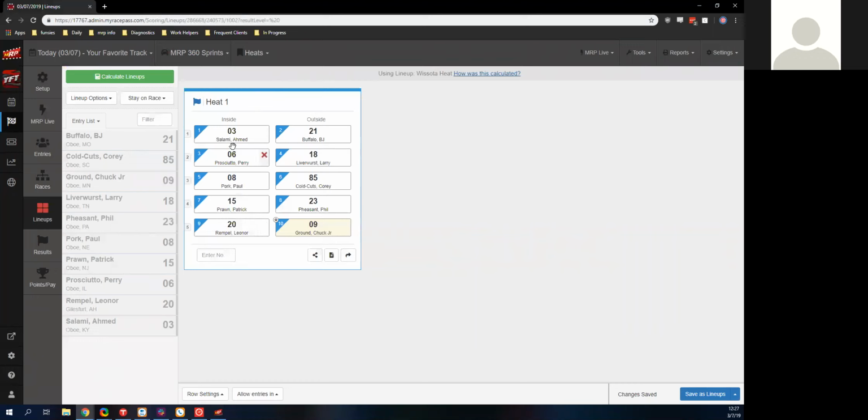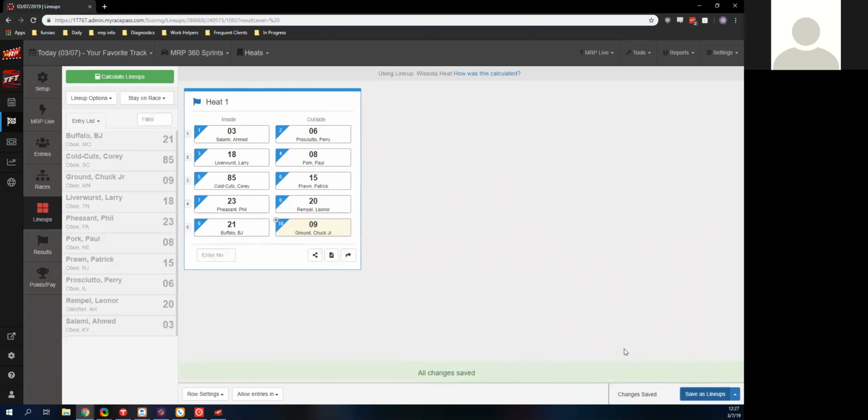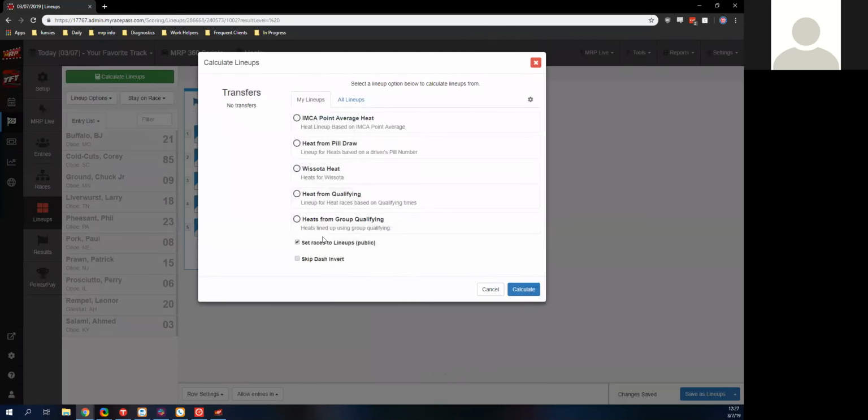If we need to move people around, let's say BJ Buffalo here showed up way too late and we needed to move him, we can just click and drag him where he needs to be, and then save it, and we'll update it. When I hit calculate lineups up here at the top, there's a set races to public, and when I did that, have this checked and hit calculate,